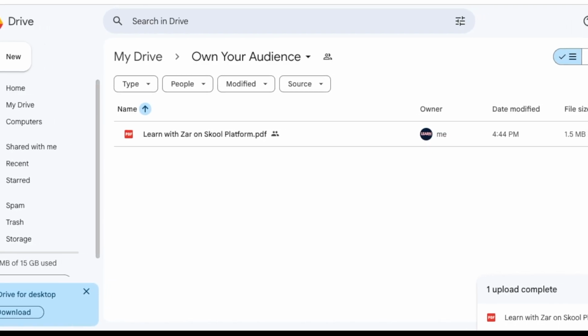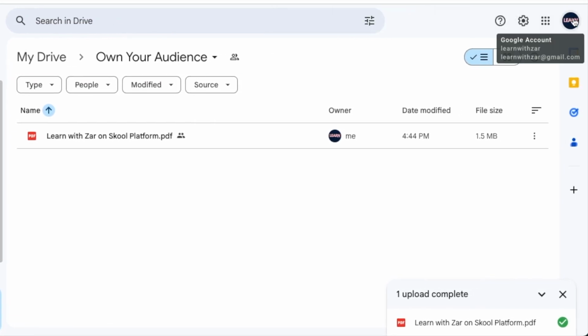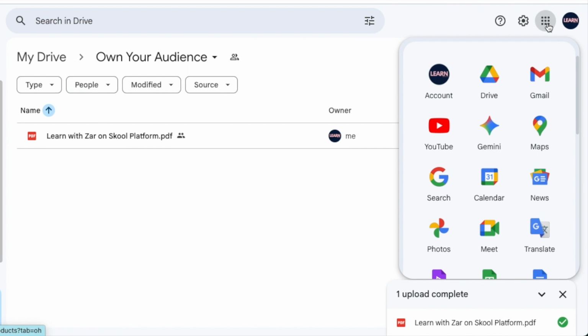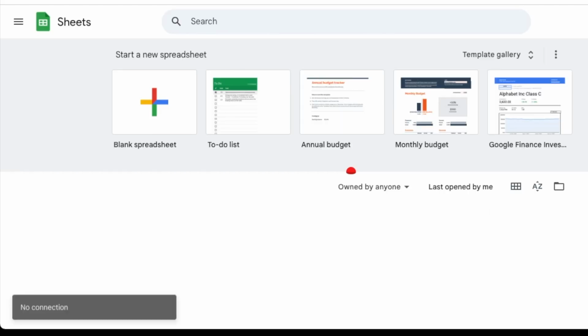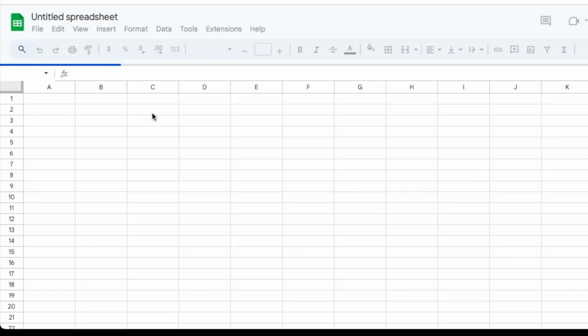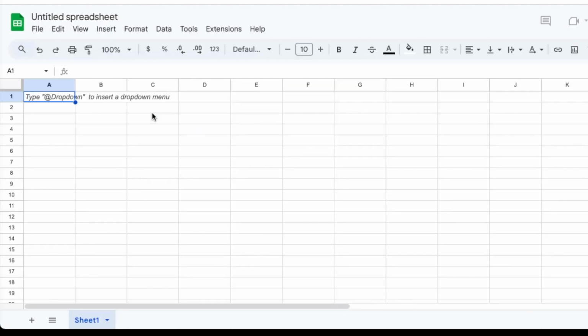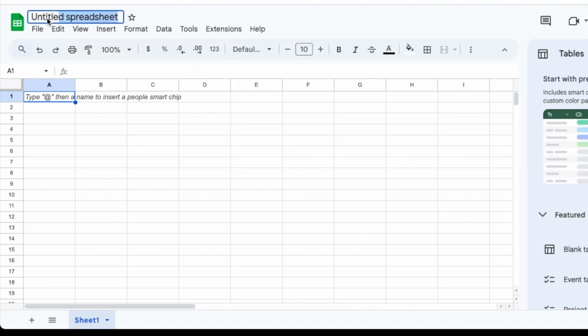The next step, you're going to go to your Google Sheet. So it is also very important that you click on the menu and then you scroll down to Sheets, in order for you to create a brand new sheet that you're going to compile the emails that you have been getting everywhere. So rename the sheet to Own Your Audience like that, and then have 4